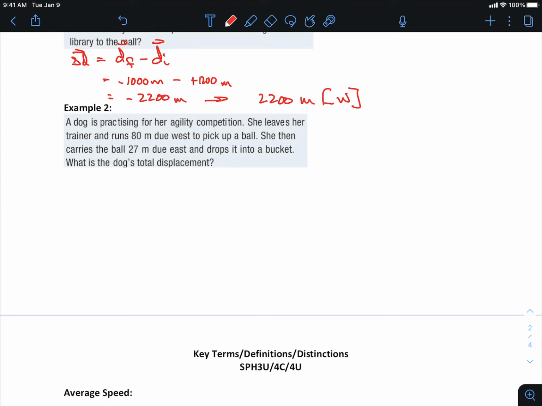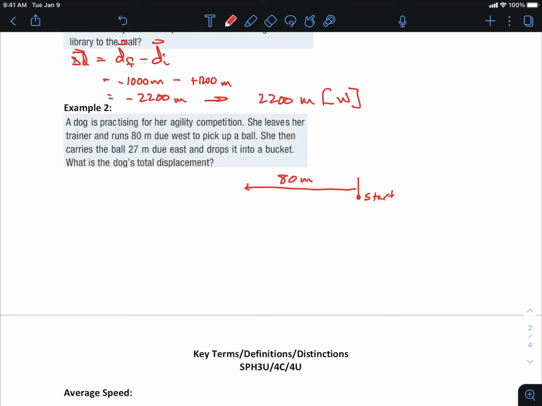Okay, so a dog is practicing for agility competition, right? She leaves the trainer and runs 80 meters due west to pick up a ball. Then carries the ball 27 meters due east and drops it into a bucket. Okay, so let's draw the scenario out. We've got to start. And then the dog's going to run